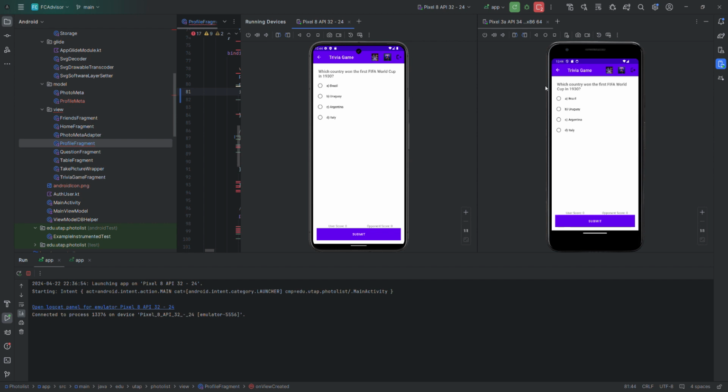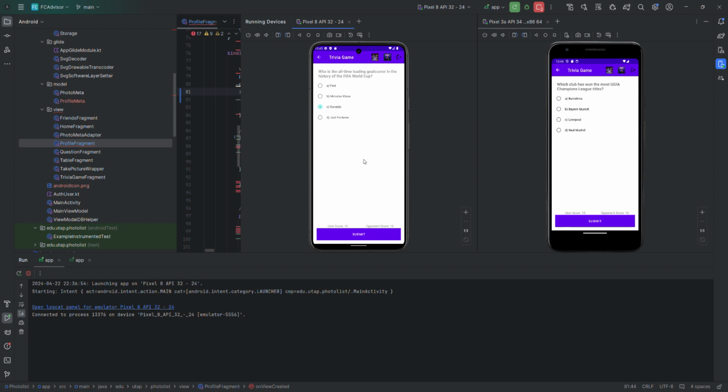So as you can see, this lines up. This is the same. I know this is Uruguay, and what you'll see is that the user score updated here, and it also updated on the other side as the opponent score. And Argentina is a wrong answer, and we'll go to the other one. All-time leading scorer is, I mean, we can do the other one. Miroslav Klose is the right answer, and you can see 10 here, and also 10 here. So it's updating in real time, and so you're battling your friend in real time, pretty much.